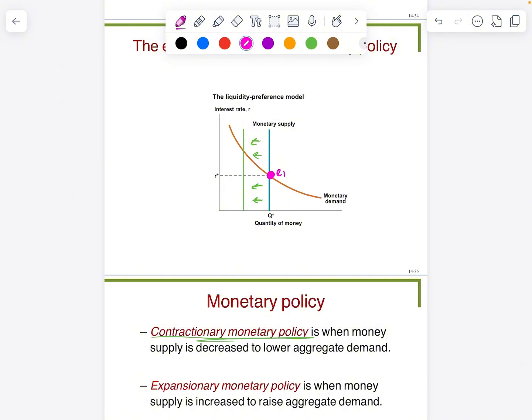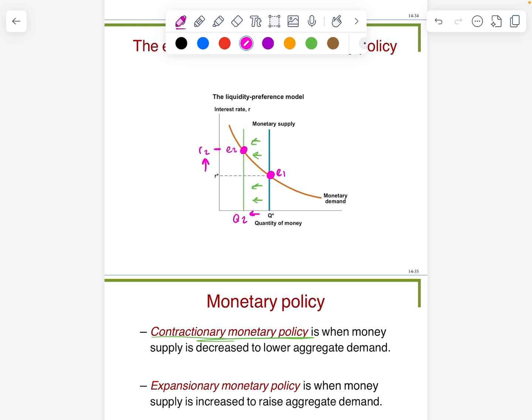And you can see now that the point of intersection is going to be up here. So we'll label that E2. And then you can also see that this is going to correlate to different points on the x and y axes. So you can see that the interest rate is actually going to increase, and the quantity of money demanded